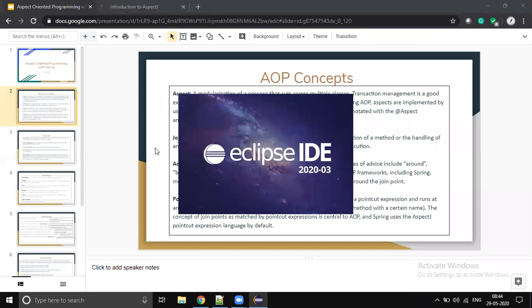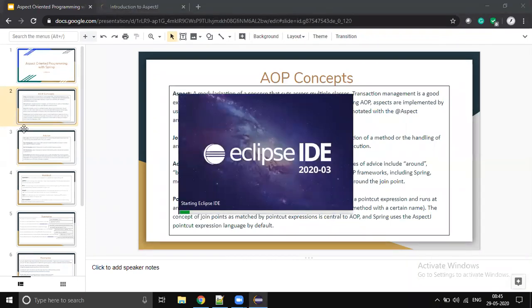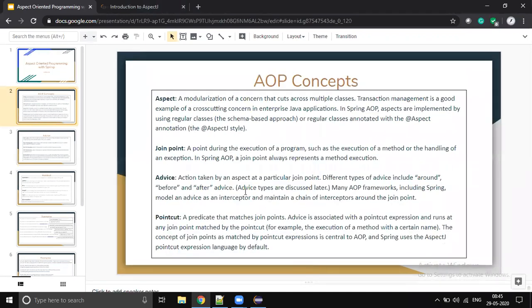In between I will cover a few theory concepts like what is an aspect, what is a pointcut, what is advice, what is a join point. If I directly start with theory, for sure you will get bored and confused.